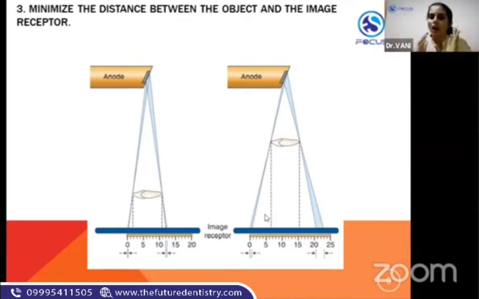Now we are dealing with the principles that you need to follow to reduce penumbra, that is, to increase sharpness and resolution. So those are the three principles: to reduce the focal spot size as small as possible, to increase the distance between the focal spot and the object, and the third one is to reduce the distance between the object and the image receptor. These are the three principles that you should always follow when you take a radiograph to get proper sharpness and resolution, thereby reducing the zone of penumbra. Okay, is it clear? Shall we proceed to the next session?